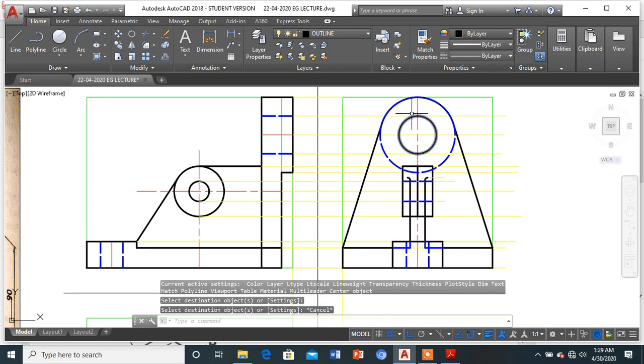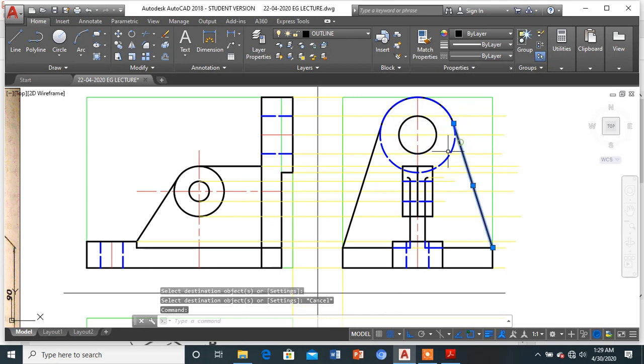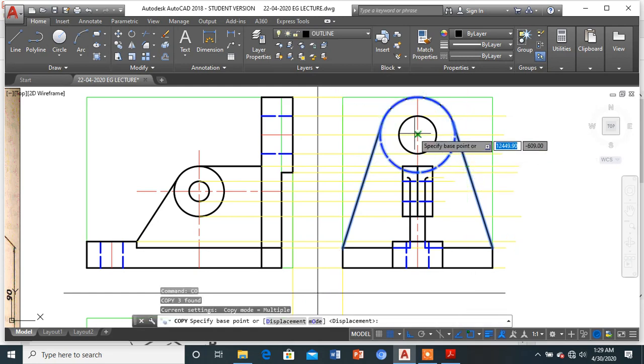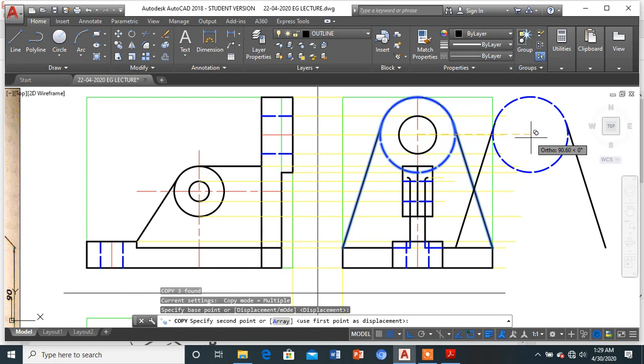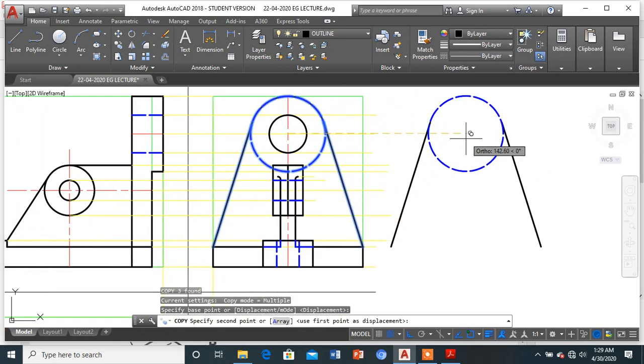Okay, now further what I need to do is, I'll be selecting this, I'll be selecting this, then I'll be selecting this. I need to come out because only a part is there which will be hidden.